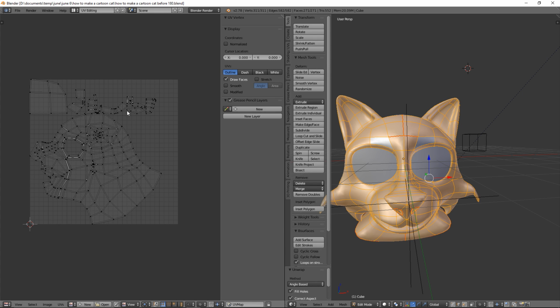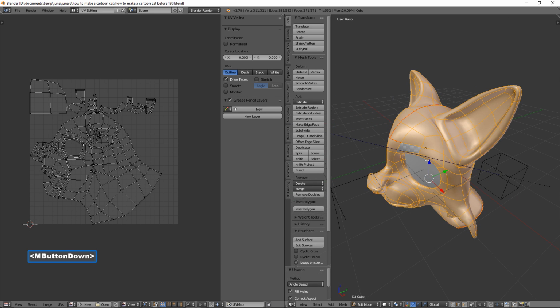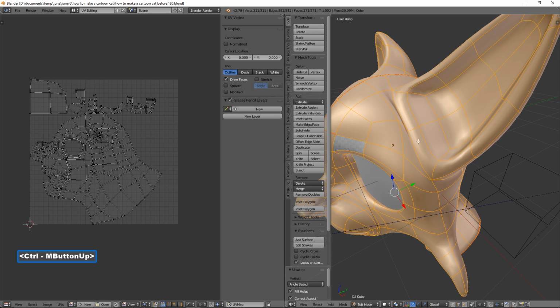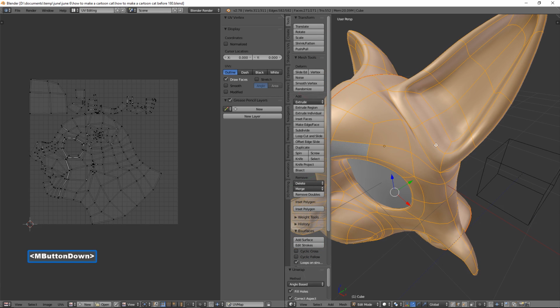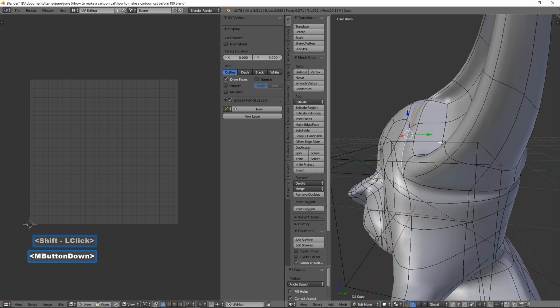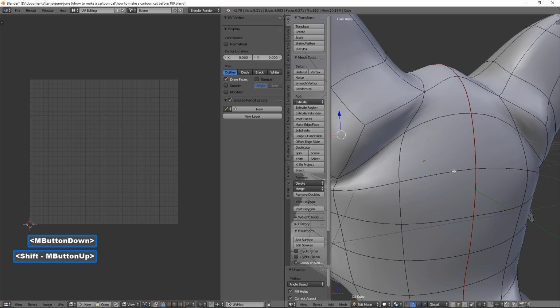Okay, most likely this is the inside of the mouth. So what we can do for the ears, for instance, depending on, you want to be careful as far as your UV seams for how they look, as far as the final result. You want to tend to hide them if you can. However, you can sit there, and if you see an area like, we have these ears here, you can just